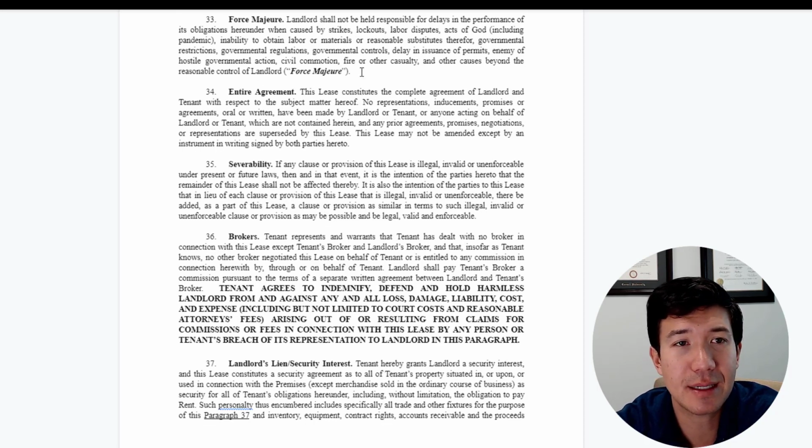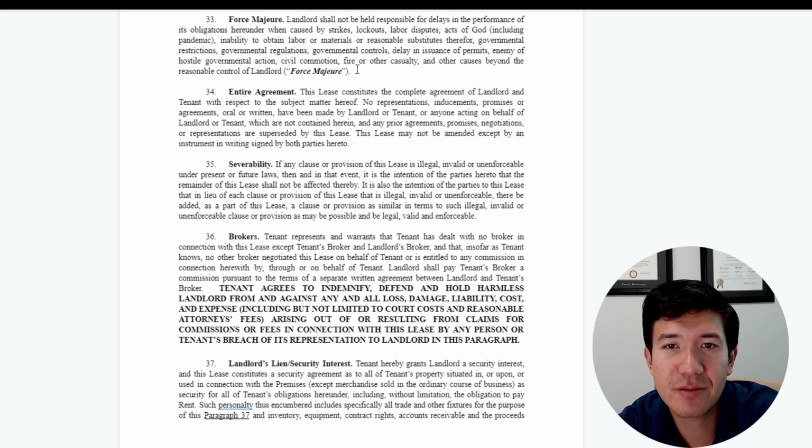Force majeure, again, we've seen some. This particular lease doesn't have a COVID-specific exception for pandemic or other health issues, but this is just a boilerplate force majeure. And it's interesting because force majeure really should cover things that are unexpected, things that are outside of our predicted realm.